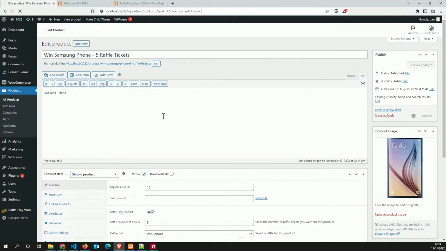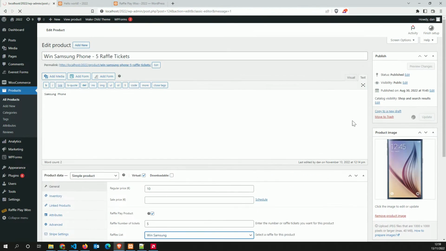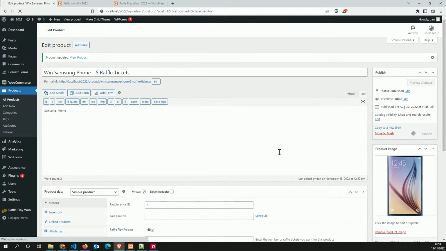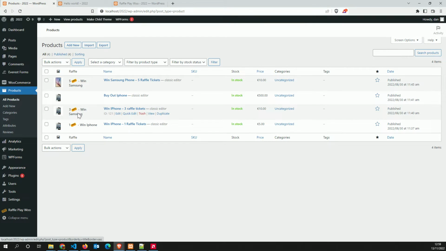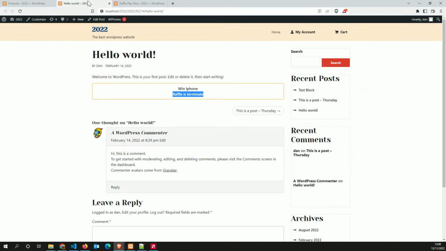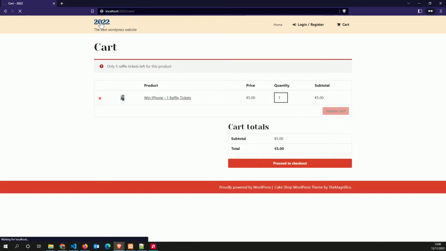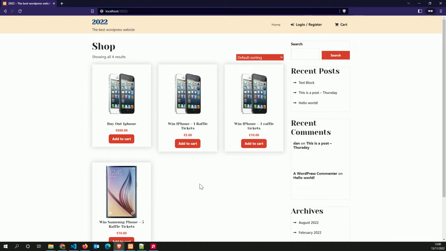So, oops, Win iPhone. No, no, I want the Samsung. Sorry. So for this raffle, we have two products assigned to it. Going back here to all products, now Win Samsung has 3 raffle tickets and 5 raffle tickets for this one. So now if we go back to our shop,